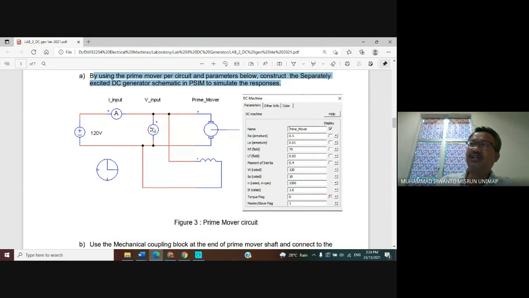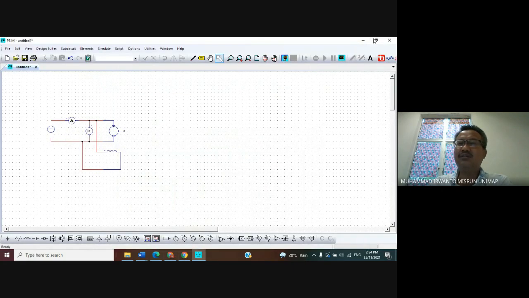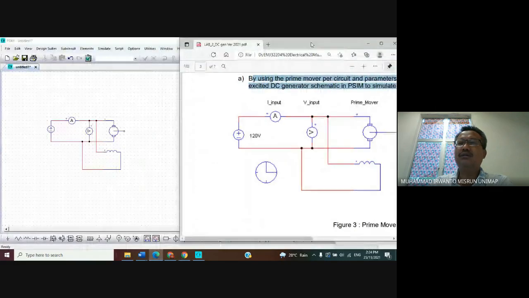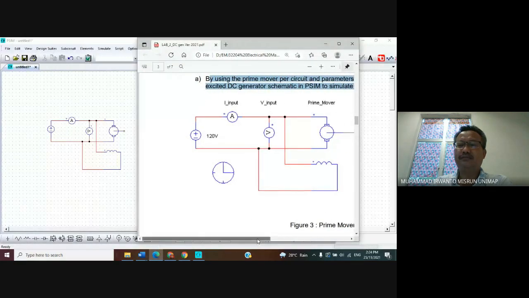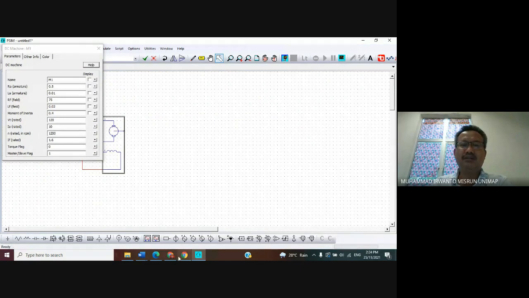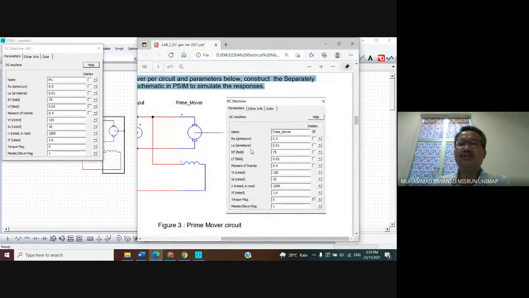After this we want to fill in the parameters. Okay, the parameters of the prime mover are in here, following this one. So in here we can double click this DC machine, and then follow this one.